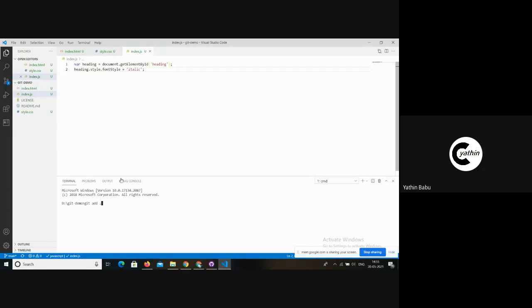If you remember, a few minutes back I told you that you can either use git add dot to add all the source files at once, or else manually type index.html or style.css. So individually you have to take the name of the source files.